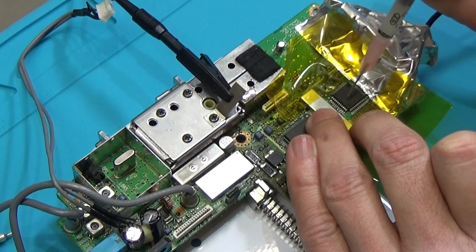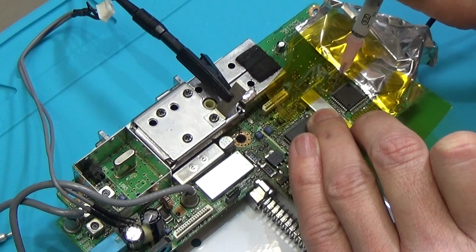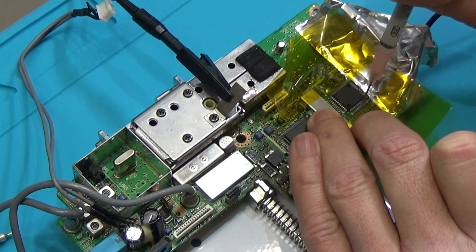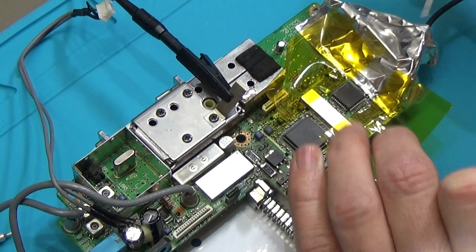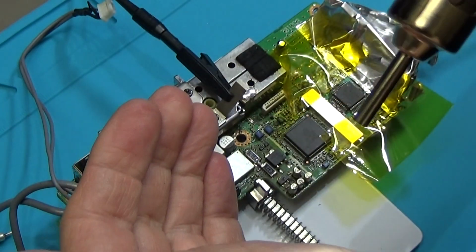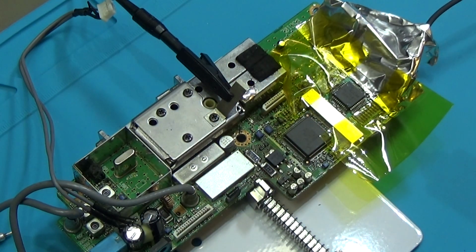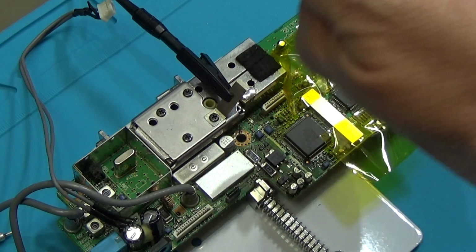So therefore I put flux here around our pins, and yeah, I'm excited if it is really the IC, but as we have seen, we were not able to identify with our camera any problem. So let's see. Okay, our hot air needs to get up, and I guess I put a bit more. Okay, a bit more air,